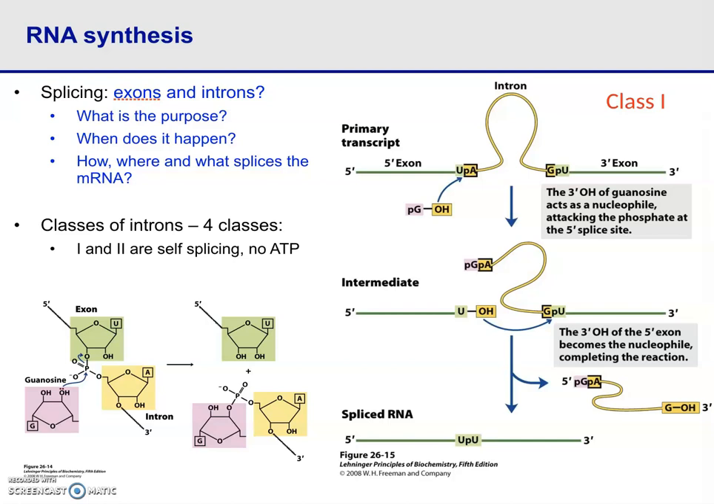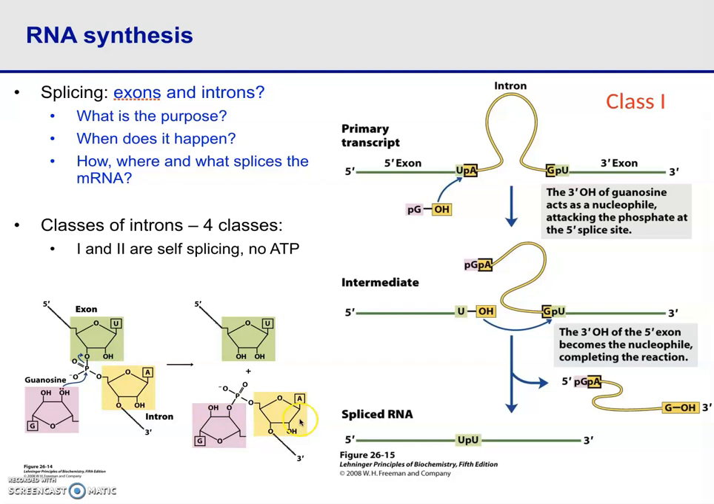There are 4 different classes of introns. We have class 1 and 2, which are self-splicing. You can see here on the slide a diagram explaining how the self-splicing introns remove themselves. That happens with the help of a free G nucleotide. And you can see on this diagram how the 3' hydroxyl group of the G nucleotide attacks the phosphate that connects the end nucleotide of the exon and the first nucleotide of the intron,